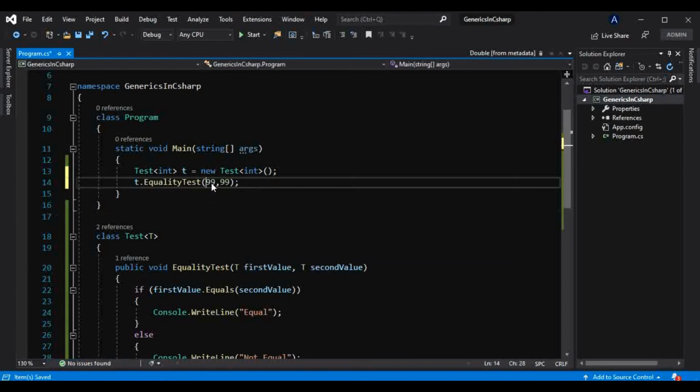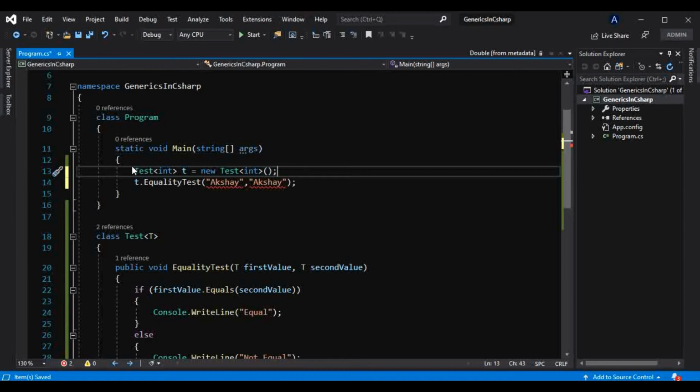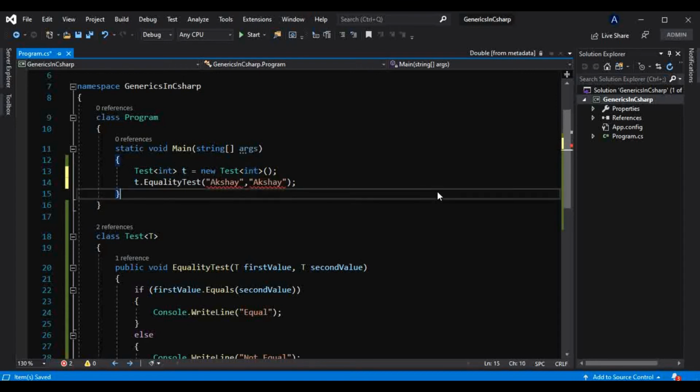But again, if I want to pass string here, something like this, the compiler will not let us do that, because we are now using generics with this type, and this whole type and its members will only work on the type which is passed here. So that is the disadvantage of using generics with the type. We have to be very careful using generics.